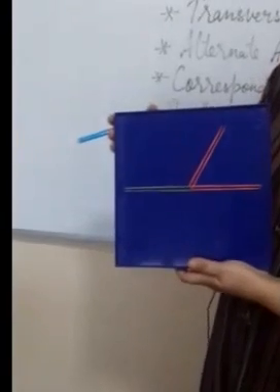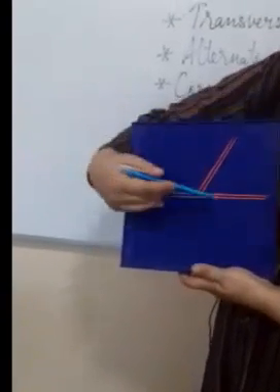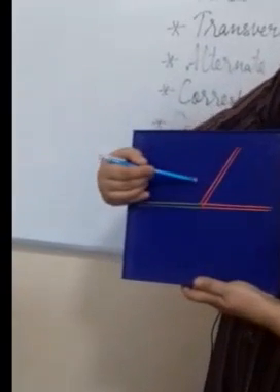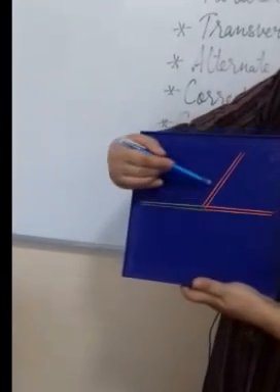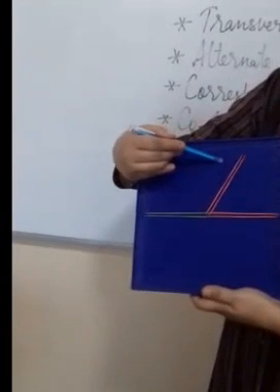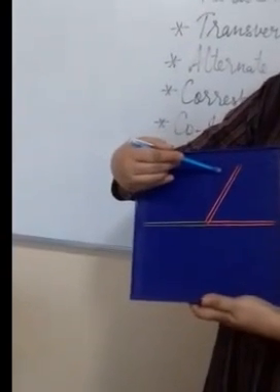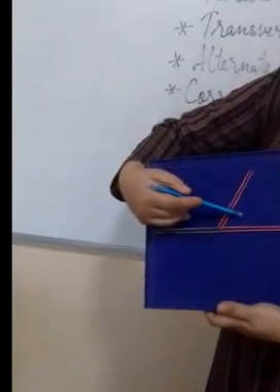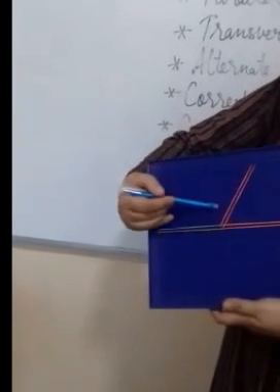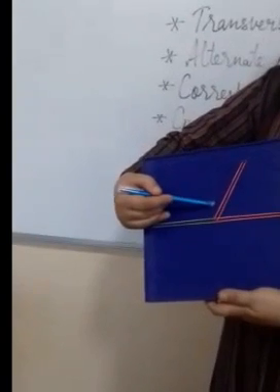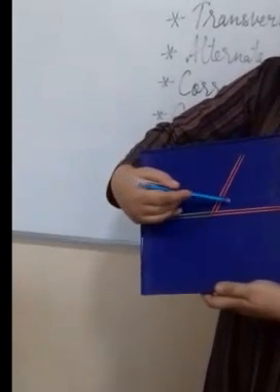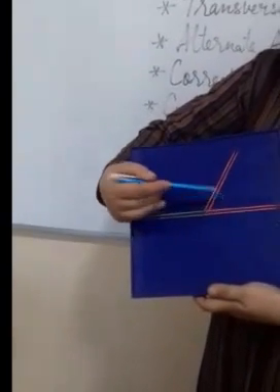Now we will discuss the linear pair. Linear means 1 and pair means 2. When on a straight line, two angles are there with a common vertex and common arm, they are called linear pair angles. The sum of linear pair angles is 180 degrees. Suppose this angle is given to you as 70 degrees and you have to find the value of the other angle, what will you do? You will subtract the given angle from 180